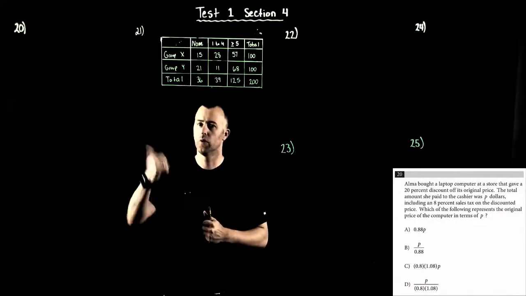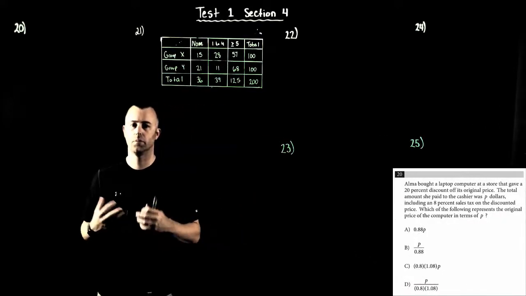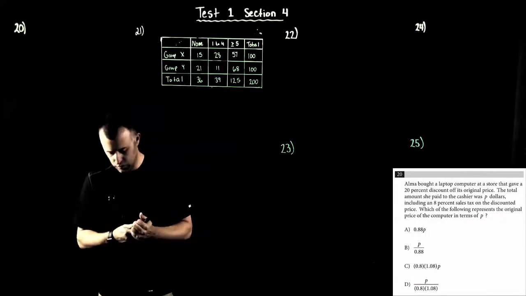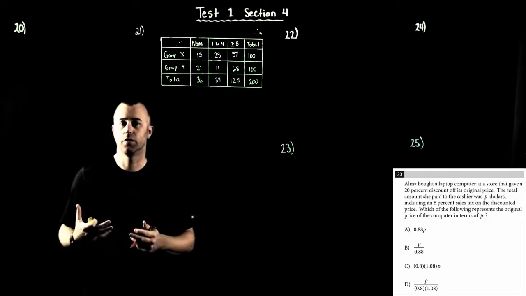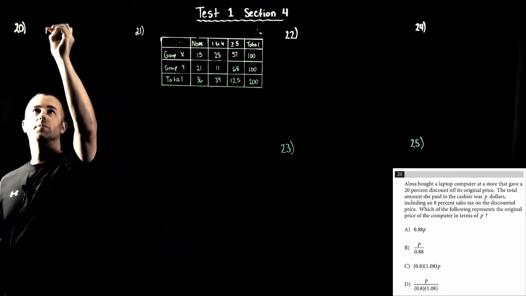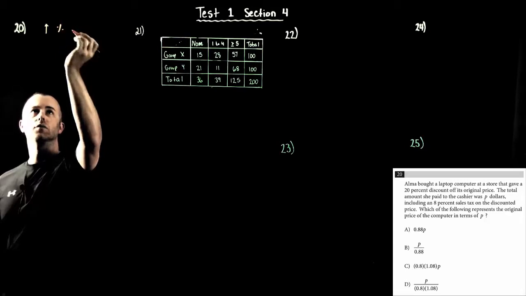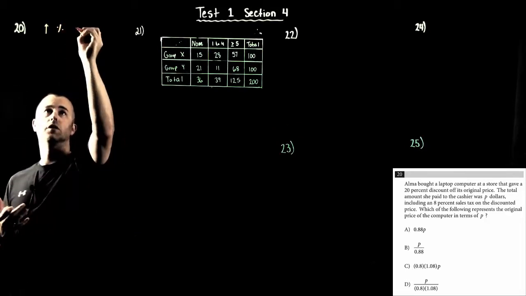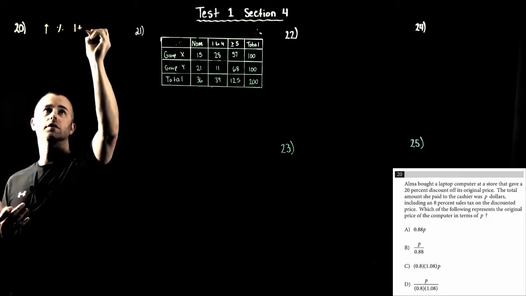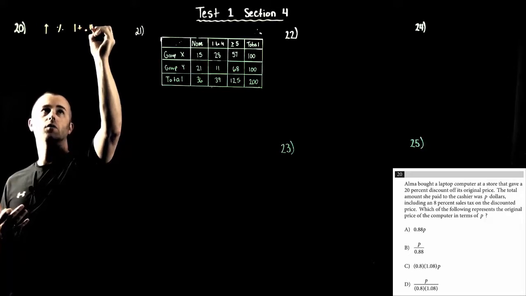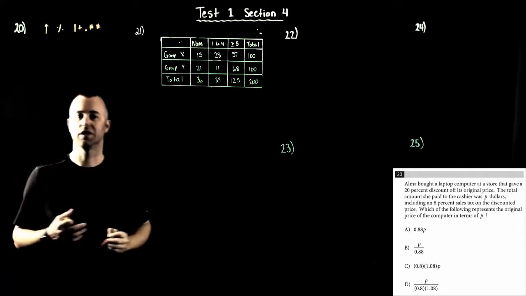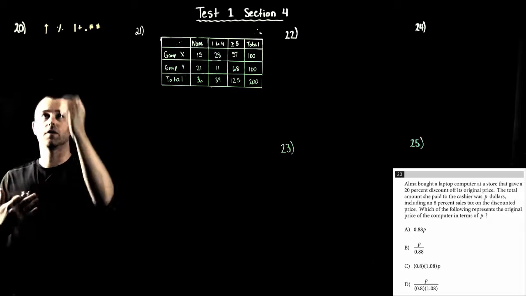All right, guys, number 20. It's going to be a percentage question. Real quick background here. When you're going up a percentage, just a reminder that what you're doing at this point is you're going to go 1 plus, and then we're going to add whatever that percentage is as a decimal. When you're going down a percentage,